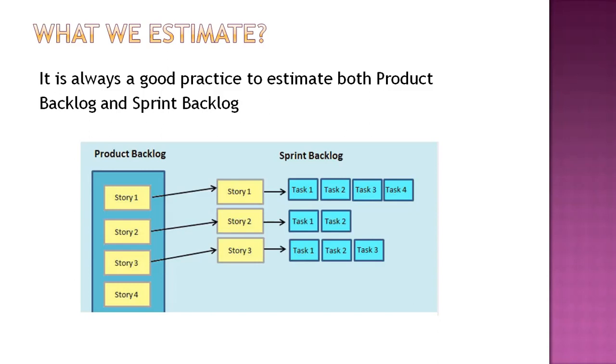Here comes the question. So product backlog is a long-term vision, right? As I mentioned, the life cycle of the product backlog is that it exists for the entire life cycle of the project. So till the project is available, this particular product backlog is also going to be valid. And we have the detail about how our entire project is going to travel. But what is the difference between sprint backlog and product backlog? Sprint backlog is just a subset of the product backlog, right?